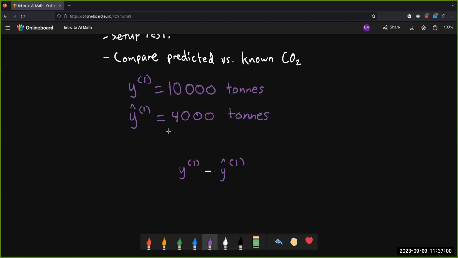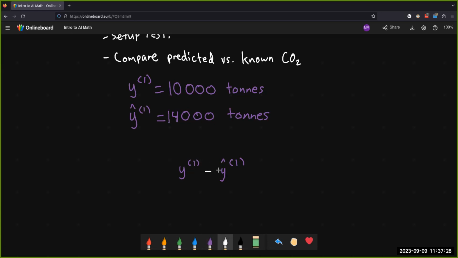It turns out we kind of don't care if the sign is negative or positive. It's not very useful information to us because we don't care if the AI algorithm underestimated this value. We don't care if it overestimated this value. We just want to know, is it right or not? So we kind of want to get rid of this negative sign, just like positive numbers. It's simpler, it's easier for us to make decisions with.